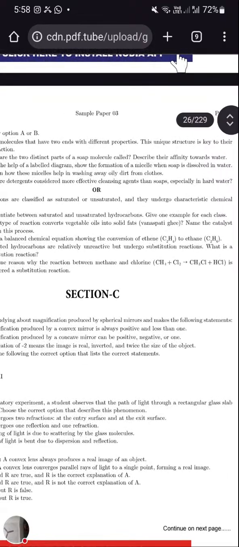So here it has two parts. One is the hydrophobic tail, which acts on oil or dirt, and the hydrophilic head, which stays in the water. When soap is applied on the dirt, it forms a micelle, that is, the tail part gets attracted towards the oil. So this structural formation is called a micelle.